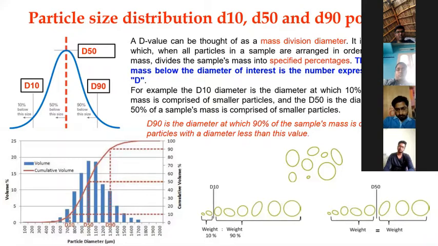So what it says is, let us say you have 100 grams of powder in your hand. That is equal to 100%. Now somebody asks you a question: what is the size of the powder? You cannot directly say 50 micrometers or 60 micrometers, because you can see here, I'll open the cursor.